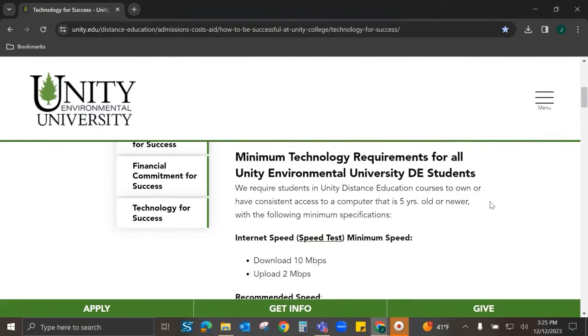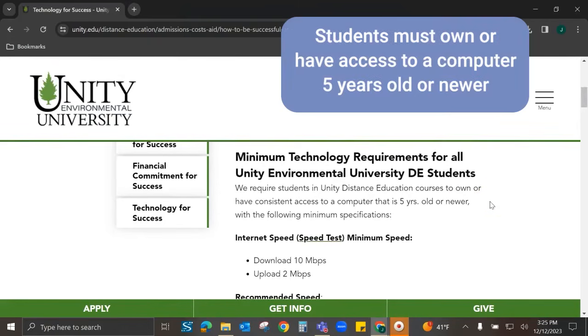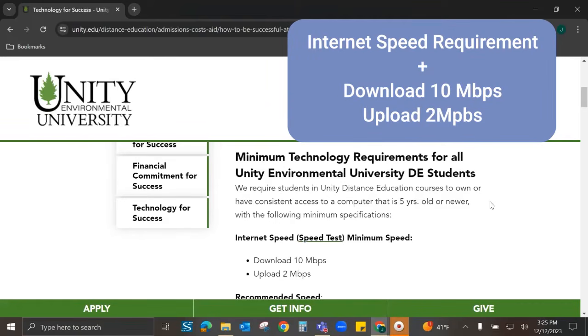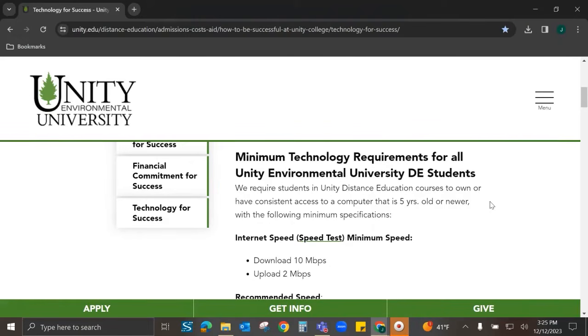Our minimum technology requirements require students to own or have access to a computer that is 5 years old or newer. We also have a minimum internet speed requirement with a download speed of 10 megabytes per second and an upload speed of 2 megabytes per second. We recommend having an internet speed higher than these requirements, but these are the minimums that will help keep you